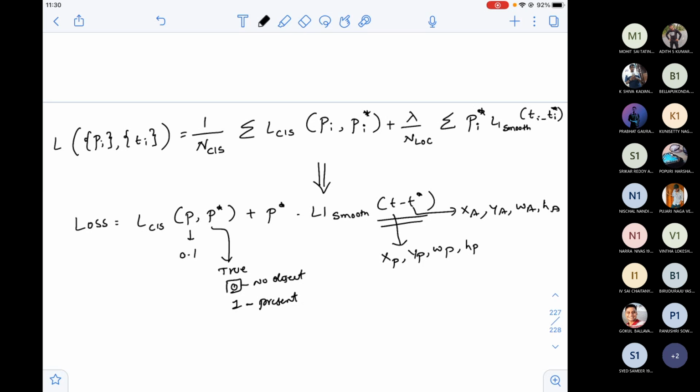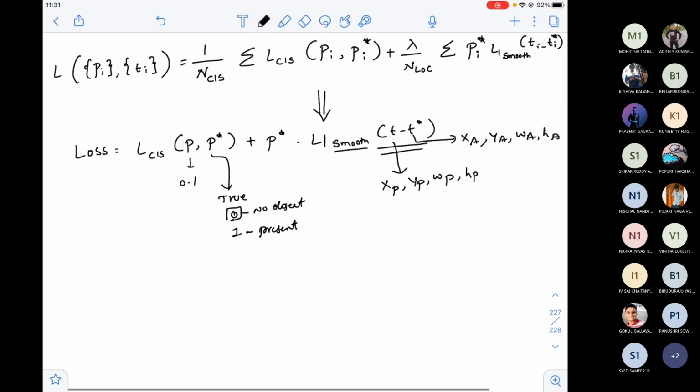Why am I not taking the squares of this as a squared error loss? If you observe clearly, I've used the word smooth and I've used L1. What is L1? It's L1 loss. What is L2 loss? It's a squared loss. If you take T minus T star squared, it's a squared error loss or L2 loss. I'm not taking L2 loss, I'm just using L1. Why am I taking L1 here?